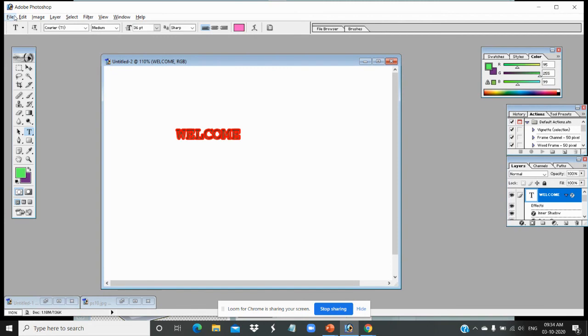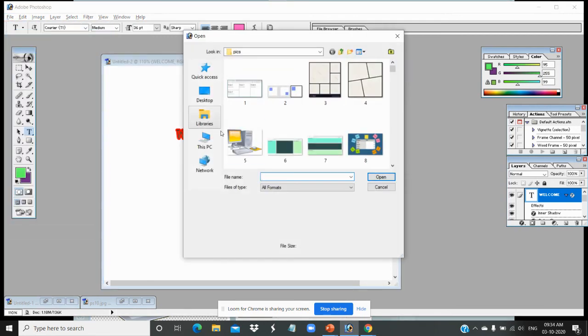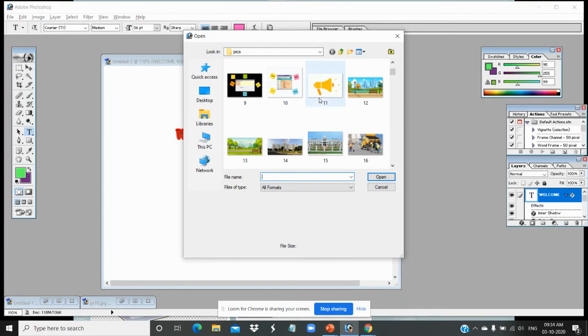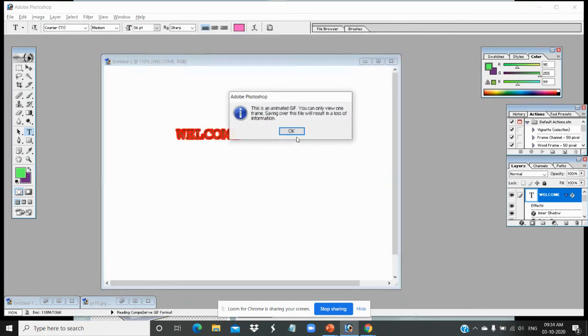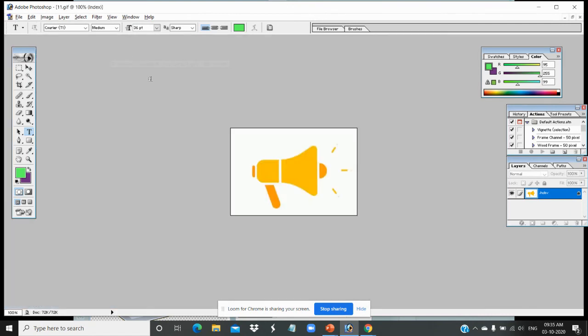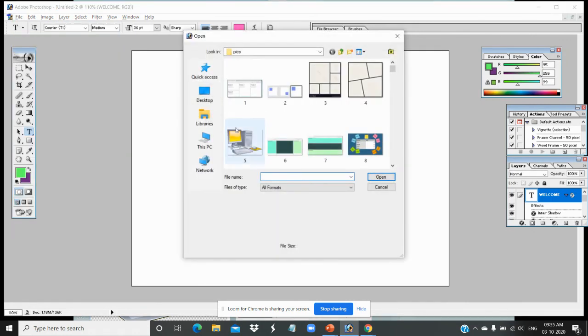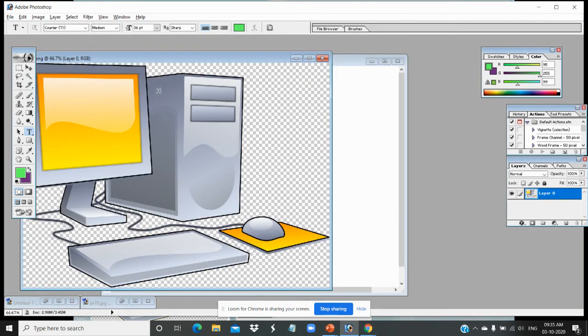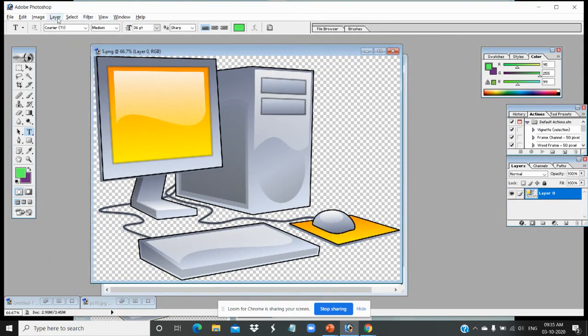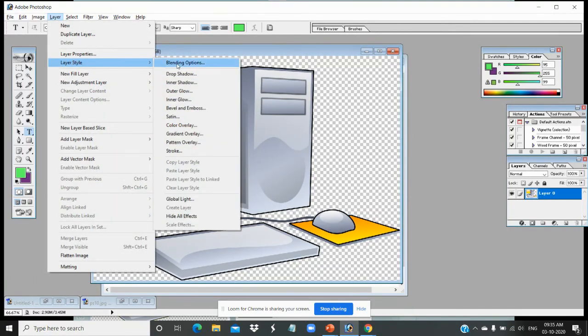For an image, how to do it for an image? So let me take this image. Layer, layer style, blending options.